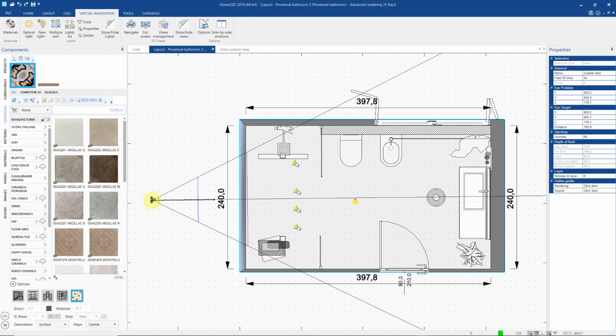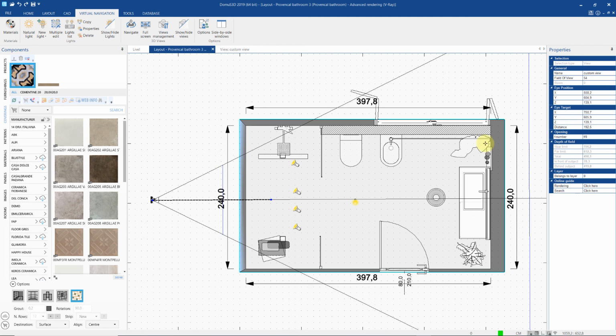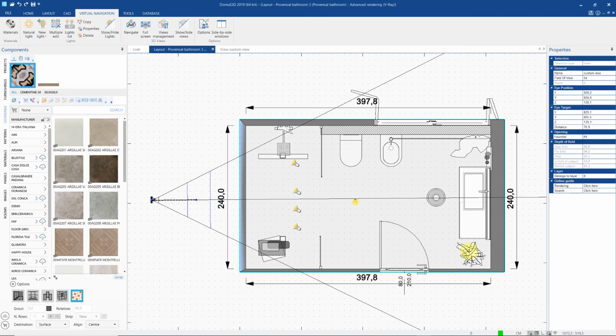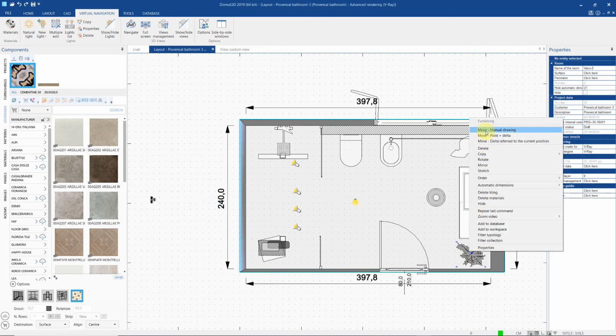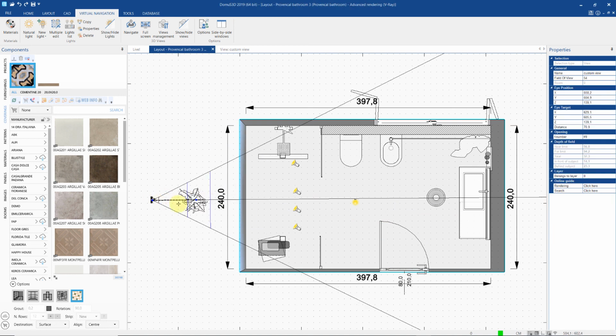Here in the layout window, it is possible to move the focus of the view that we had set. Doing this moves the two blue lines that show our depth of field as well, or the portion of framed space that will be in focus when we create our rendering. In this case, for example, the item found between the two blue lines will be the main focus of our image. It will be in focus while the other objects outside of these lines will be slightly blurred for a